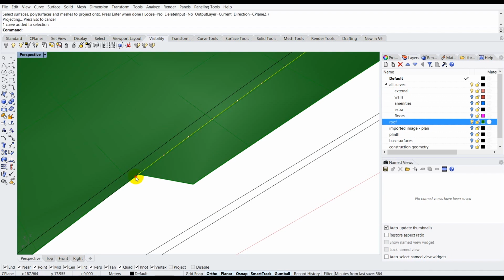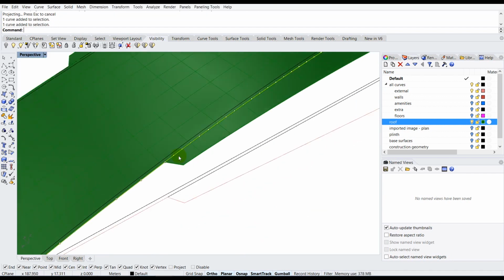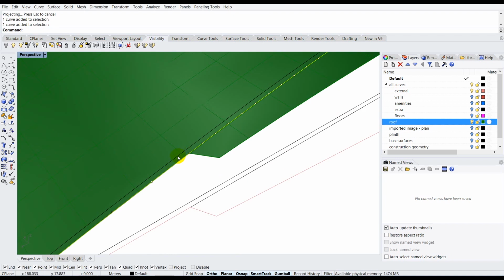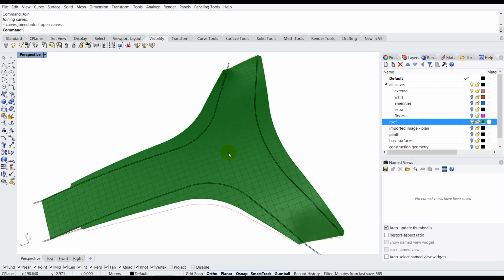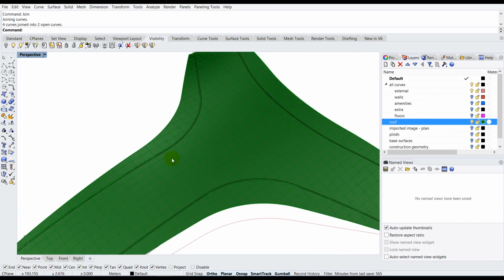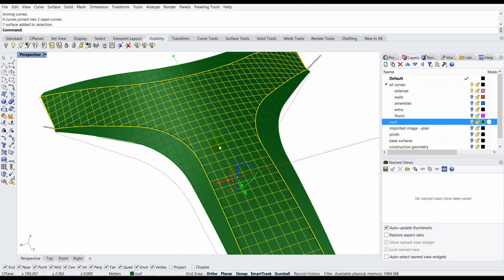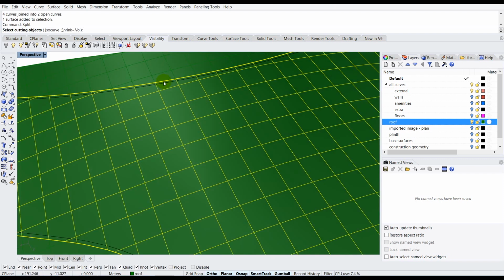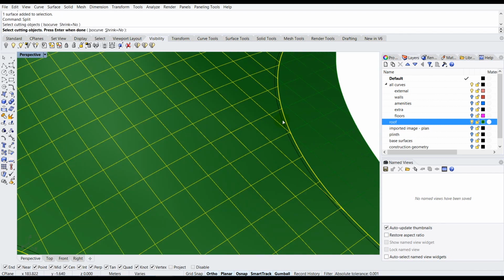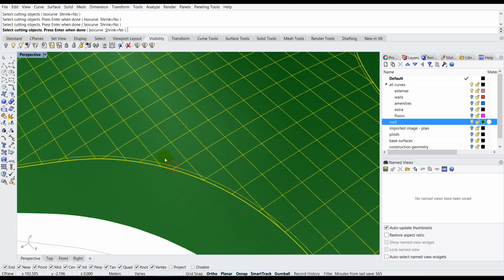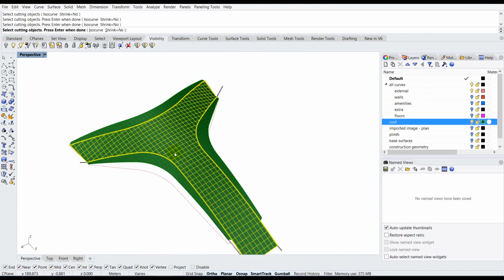You can select these curves, join them if they are not joined up, and repeat the same for this curve as well. Select these curves, type join and press enter, and they'll be joined up. Once you are done with the curve projections, all you need to do is select your inner curve, type split and press enter. Now it will ask you for the splitting objects, and you can select the inner offsetted curves for splitting your internal surface. Once you are done with that, you can press enter,